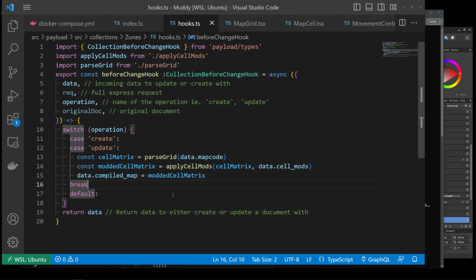What it's doing here is checking the operation, and on create or on update, I'm parsing the grid that I've defined in the map code, and that's generating a cell matrix. Then I'm applying all those cell mods that I applied before to a modded cell matrix, compiling that and saving it to the compiled map portion of that collection. That allows me to use that in the API, which is pretty cool, I think. So moving on,